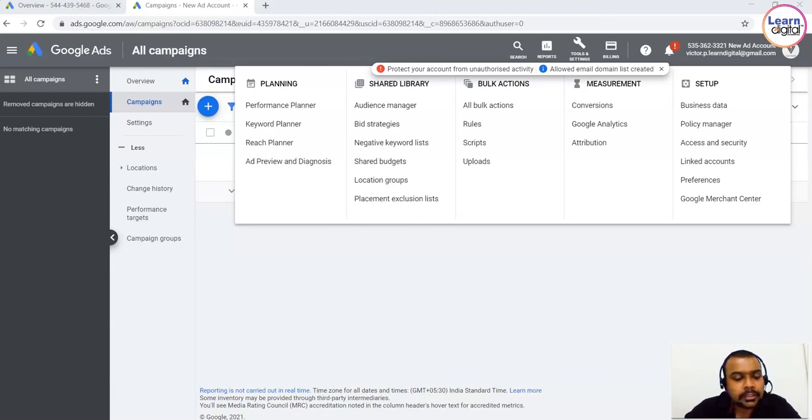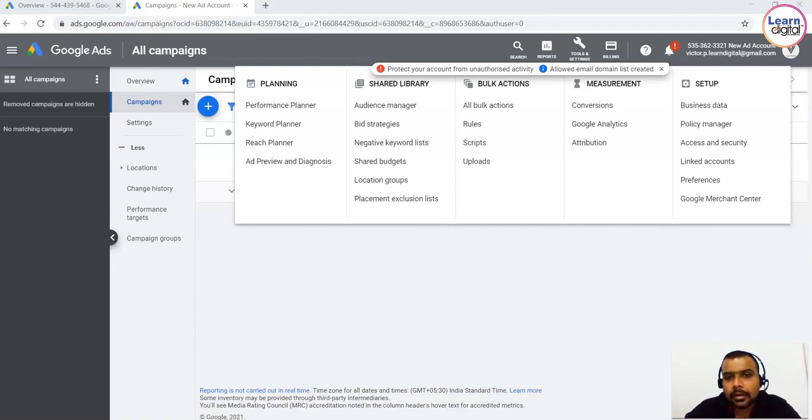Let's take an example. If I'm creating a campaign for my digital marketing training, I would not show my advertisement on websites selling on an e-commerce platform, because people coming there are in a mentality to buy products, not services. So it depends upon your product or services. You have to create a list where you can exclude places where you don't want to show your advertisement.